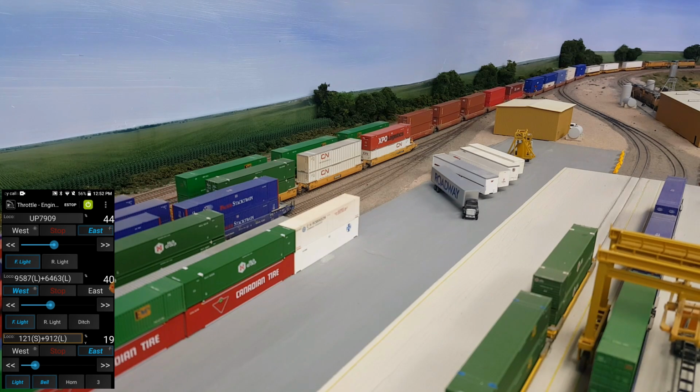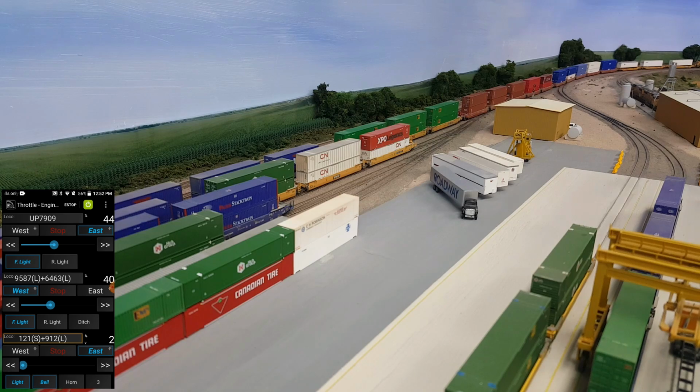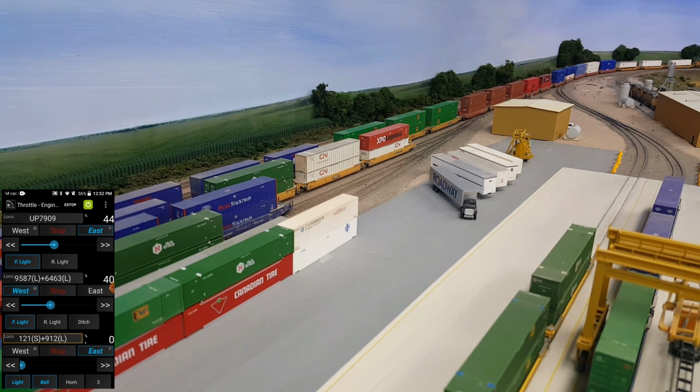That's the car that needs to be dropped off, but as you can tell, the locomotives are already pretty well to the end of the drill track. So it's not going to work to pull all of those out. There's not enough room. So even though I need to drop off the car with the EMP containers, the first thing I'm going